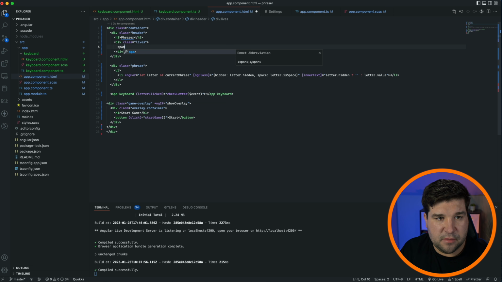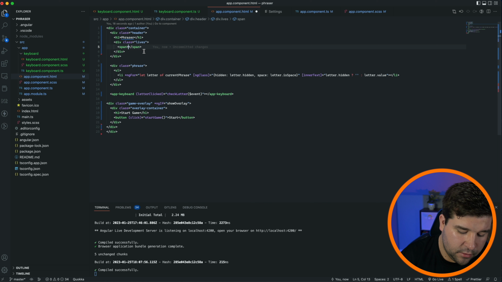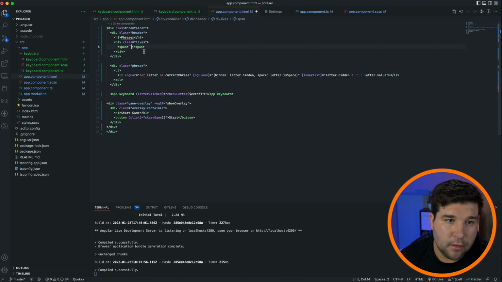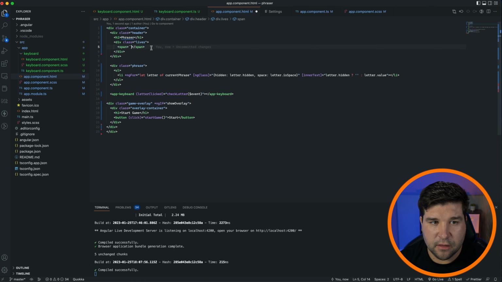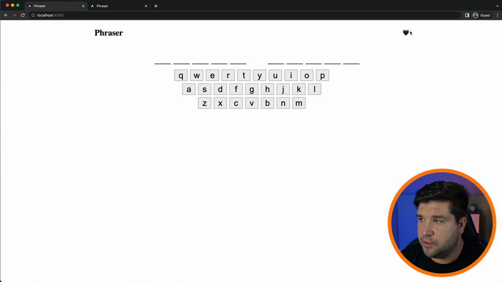Inside that, I want a span, and I just want it to have a heart. So I'm going to copy and paste a black heart into the span. I just found this icon on the internet, and now we will save that and see what that looks like. Back in the browser, we can see that we have one heart showing up,